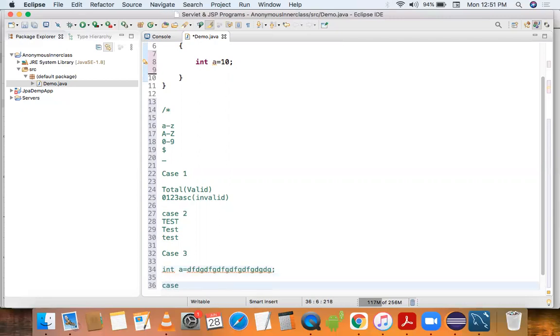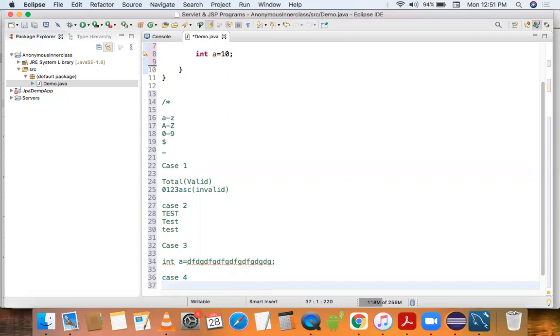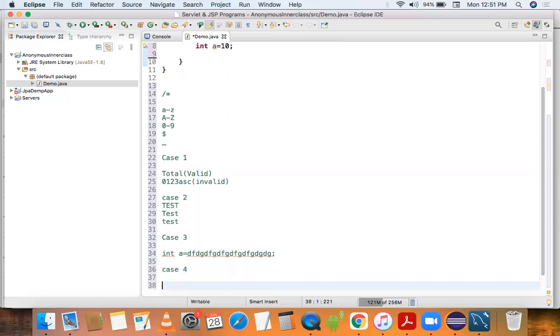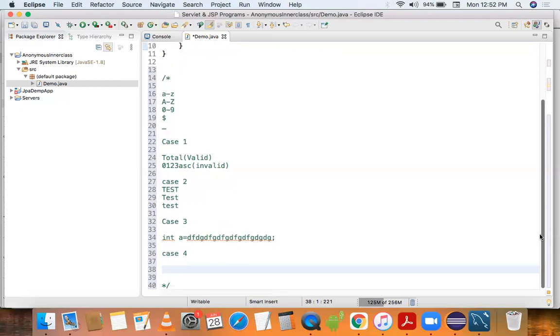In case fourth, we cannot use a reserved word as an identifier. Suppose I declare integer a equals to 10. So this is a valid identifier.